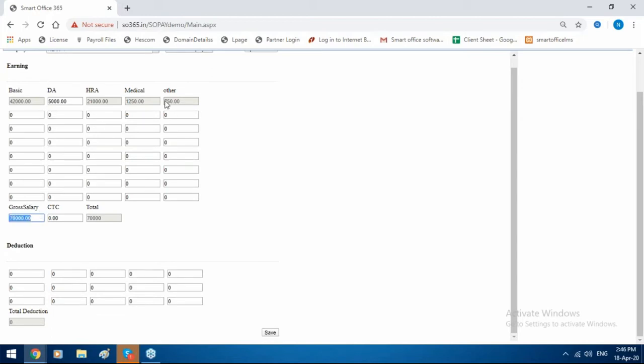You can import the gross through bulk also. We have a standard format, so through that you can import, which will be easier for you. Second thing, this is a manual head where you can edit the amount. Just click on save.